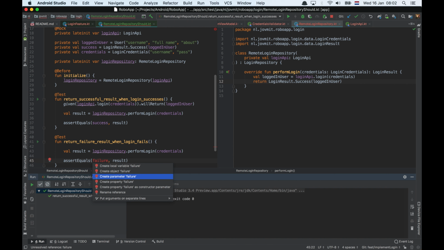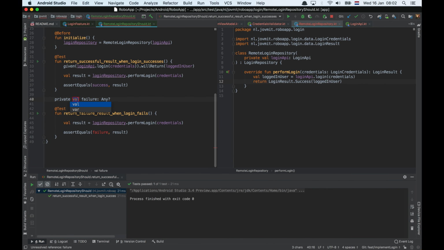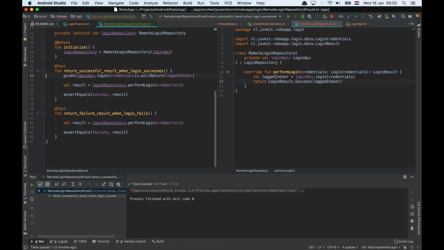The failure, let's make it a property. It's gonna be a login result failure. Let's say valid credentials were incorrect. Something like that. I'll move it up here